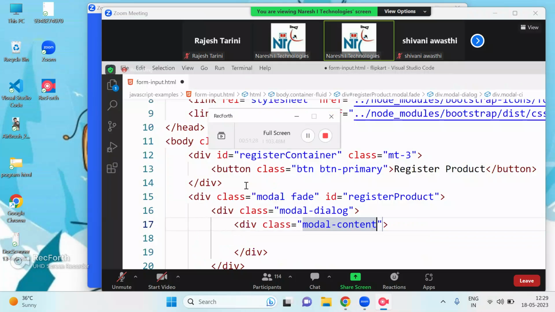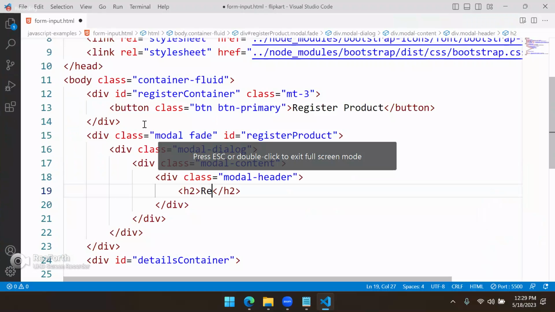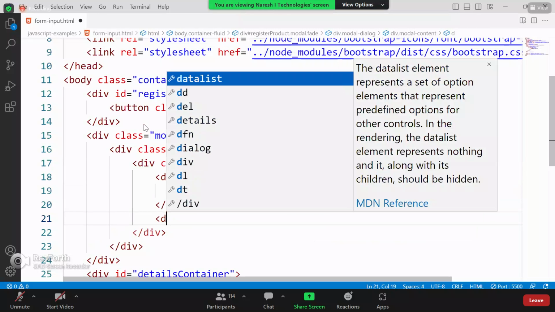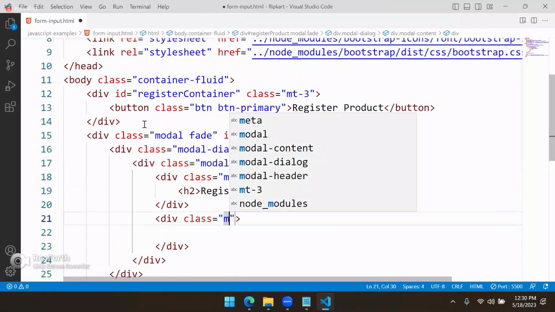Header. Heading I am defining here as register product. And we have another div. The class is modal body. Inside modal body,